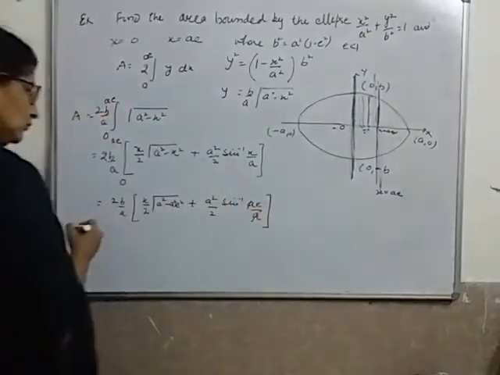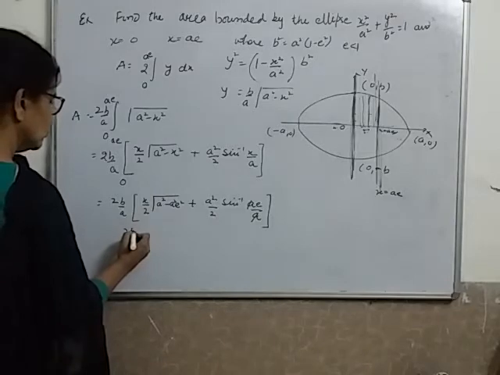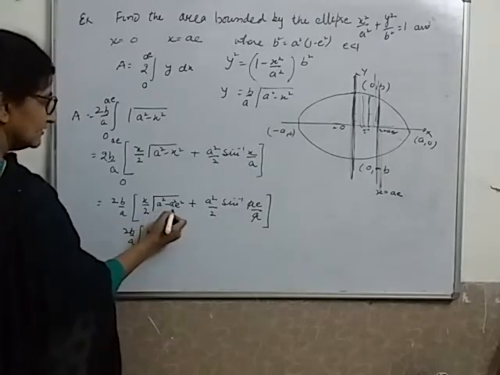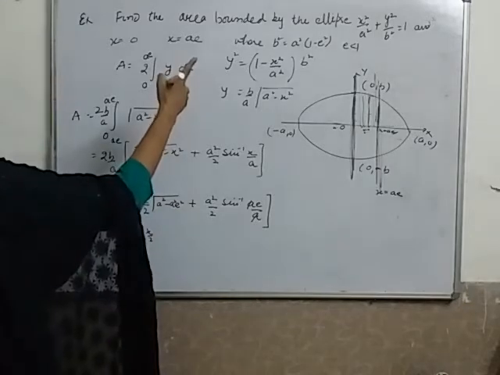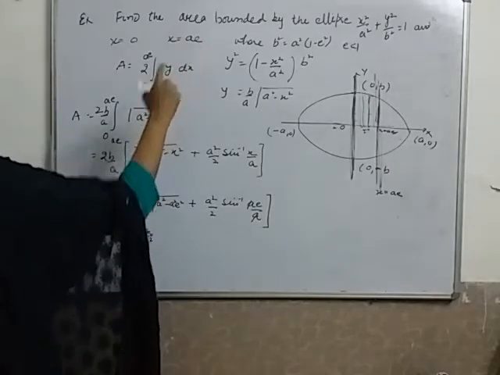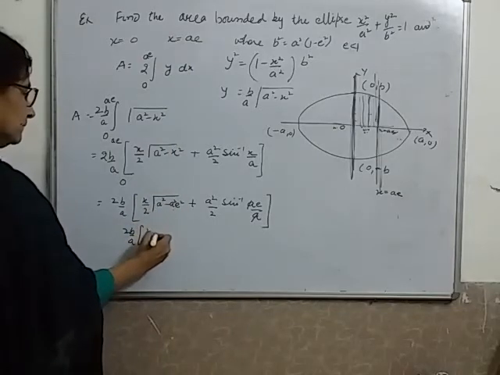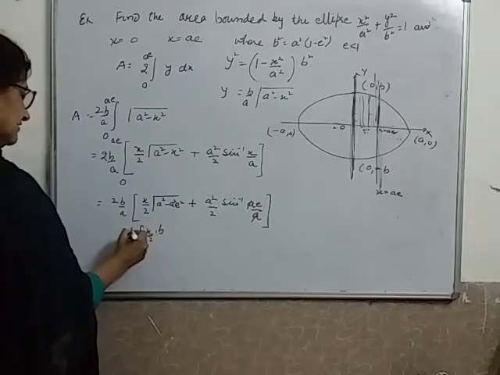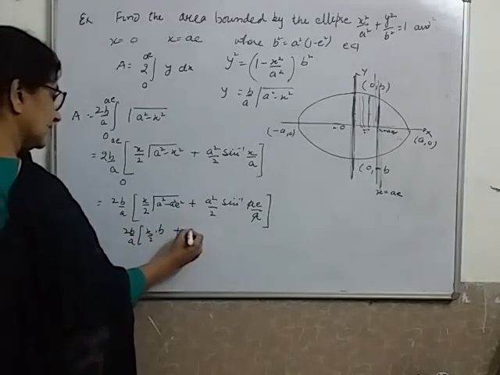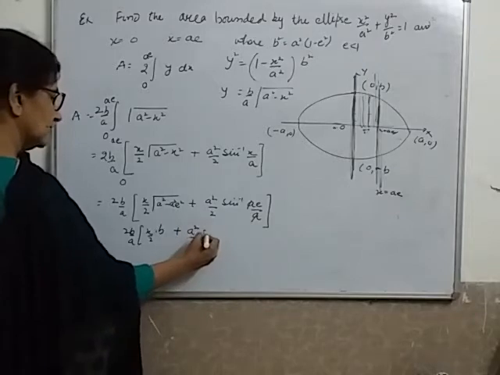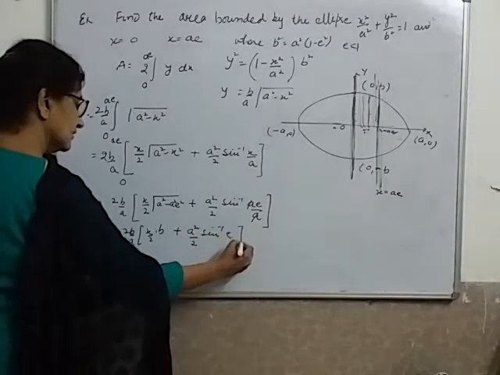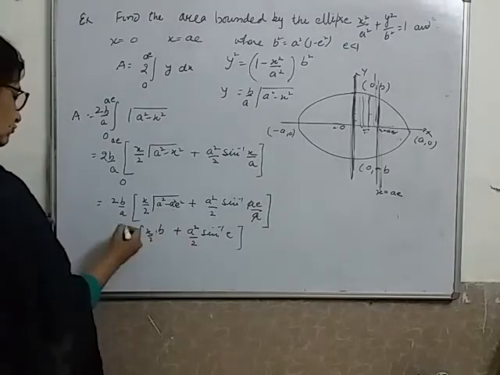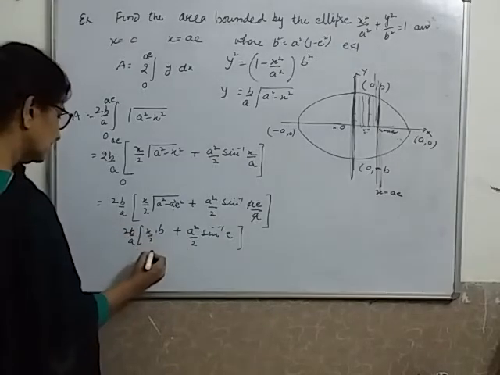A and a goes. Please see, 2b by a. When I take a square common, so 1 minus e square, a square into this total is given to be b square. This total is b square, and I can write it only as b in the next step. Plus a square by 2. The sine inverse e will remain as it is. I cannot do anything with it. When I open the bracket, this 2 and this 2 will get cancelled. So the first term will become b